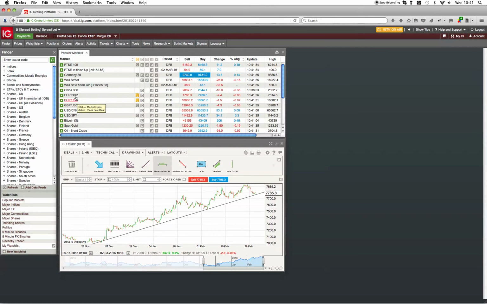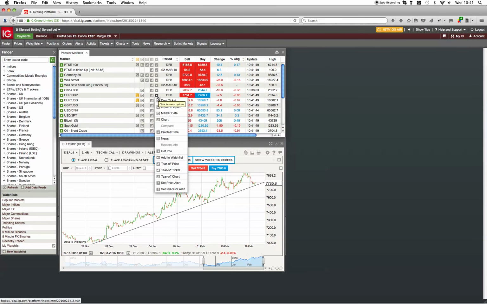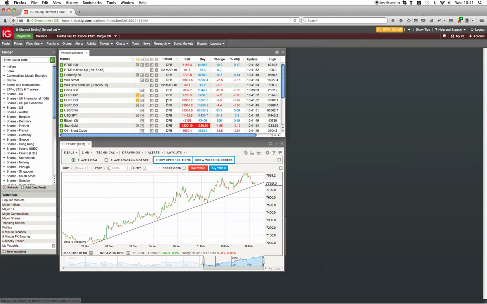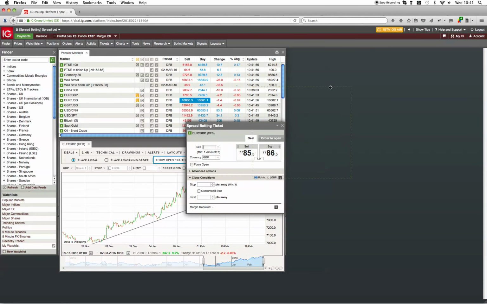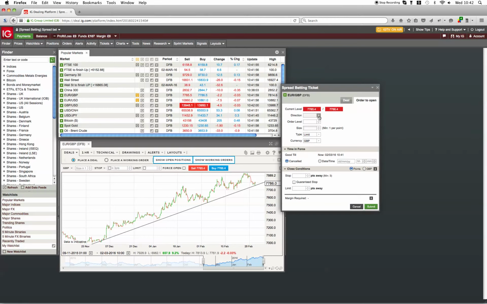So we've got the euro pound. We're going to find it on our platform here. You can also start your trade by clicking on the chart. But let's look at here. Euro pound. Click this little show more menu. Let's open a deal ticket, and we're going to go orders to open. So we're going to sell